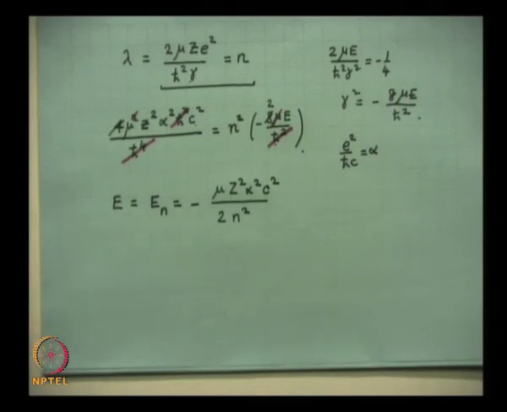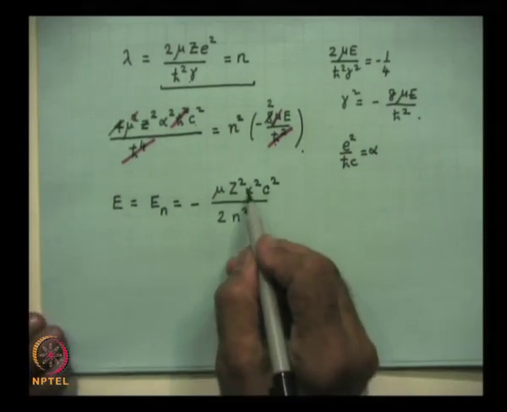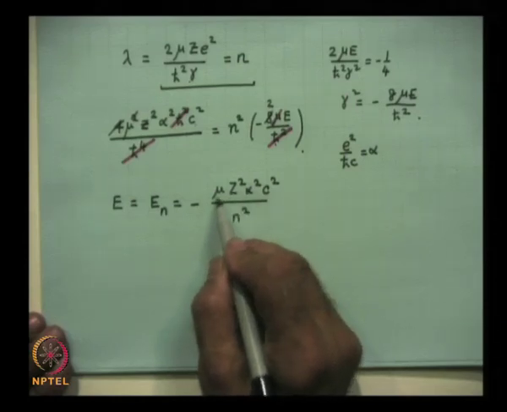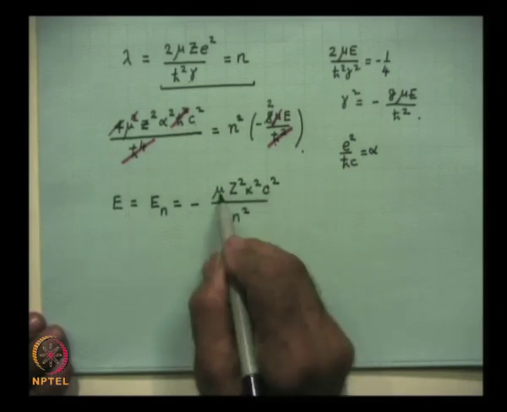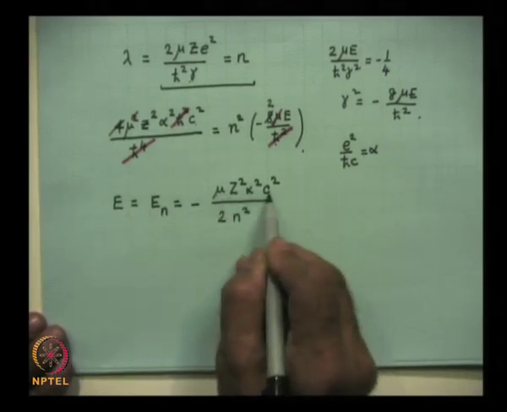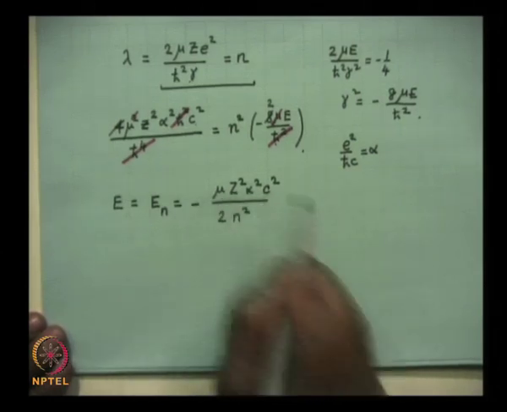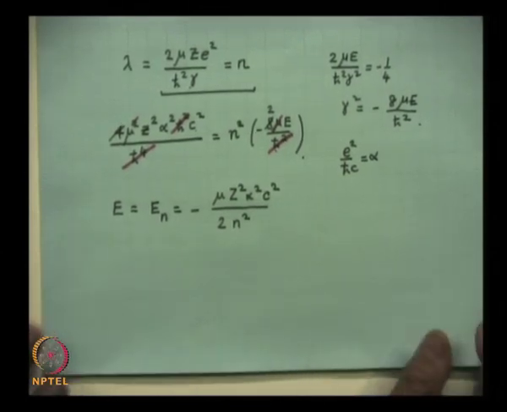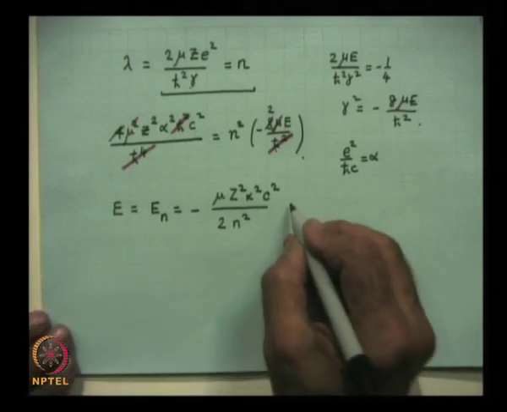You must check the dimensions. Alpha is a dimensionless parameter, z square is a dimensionless parameter, mc square, as you know from Einstein's equation, is the energy. So, this is energy. So, that is all right. So, this quantity is